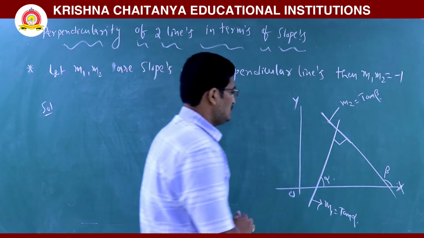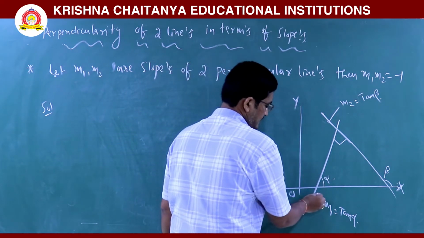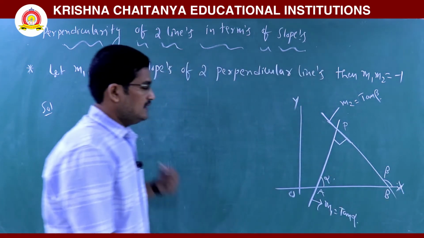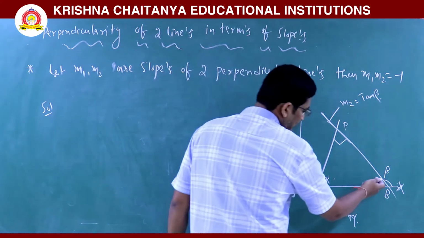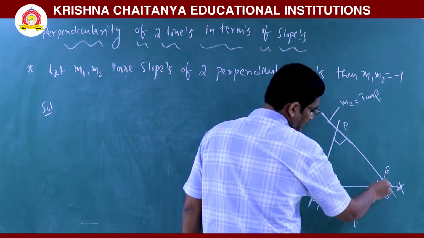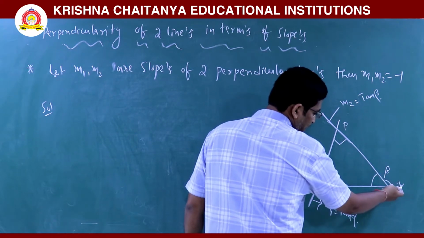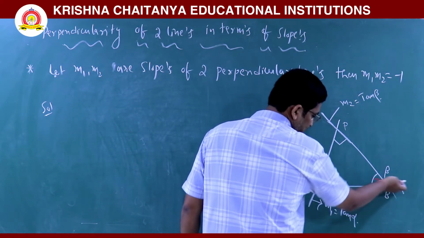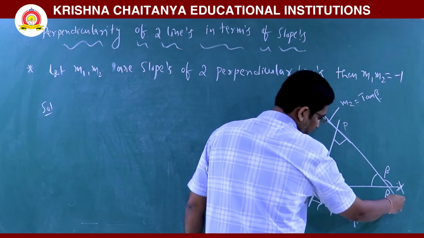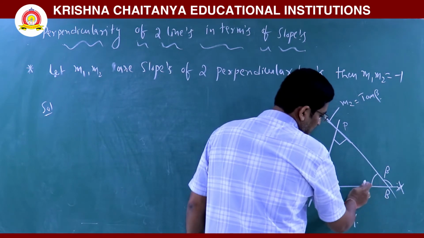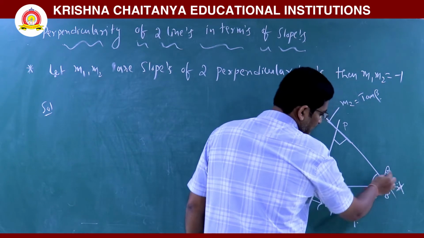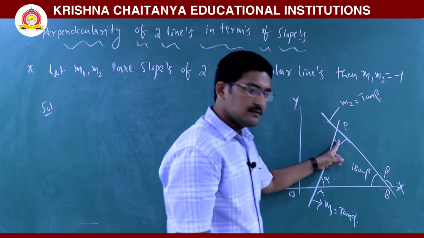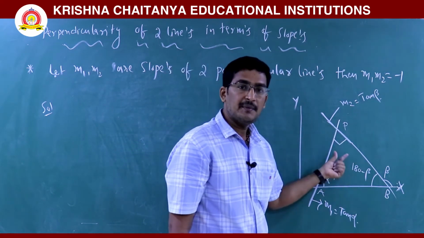So you have to look carefully here. Suppose it is A, it is P, it is B. In the triangle, what about angle B inside of the triangle? It is beta. This one subtends an angle beta with the x-axis. So this is the x-axis, and it is a transversal. Automatically this half angle is 180 minus beta. Already I am taking these two lines with perpendicularity, so it is 90.